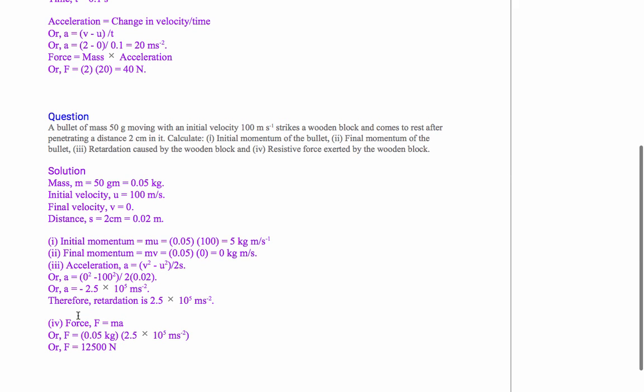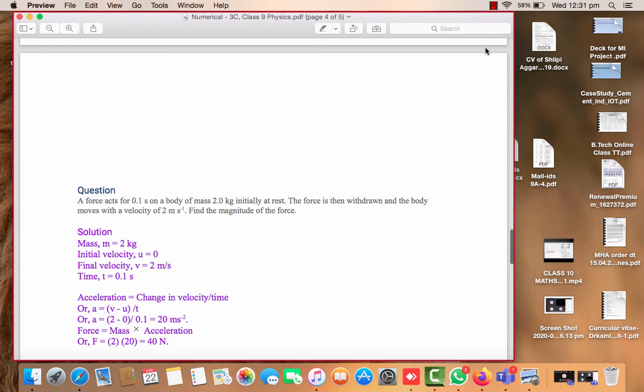Last part of the question, force. Force can always be positive. It is given as resistive force, so it is already clear that it acts against the motion, it will be negative. So don't take the negative sign, just take the positive value. Force F equals ma. This is the value of mass, and the acceleration we calculated in the last part. Multiply. On multiplication we get 12,500 Newton as the force. So this was all about the numericals that are there as classwork. Remaining all the numericals you have to do, students, as your